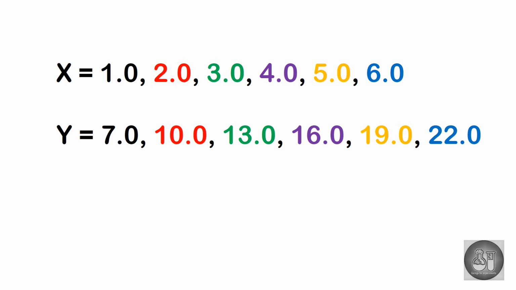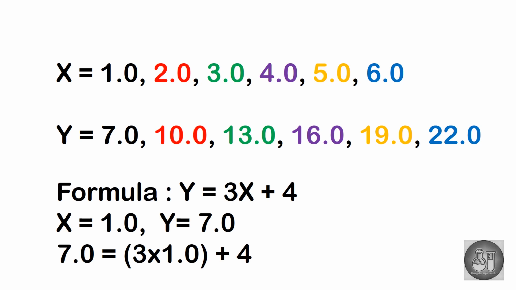Can you see the pattern, or can you figure out a formula which maps x and y? Take a moment. If you are able to make it, then you might have done machine learning in your head. So this is the formula: y is equal to 3x plus 4. So if x equals 1, then y equals 7. And as x equals 2, y is equal to 10,